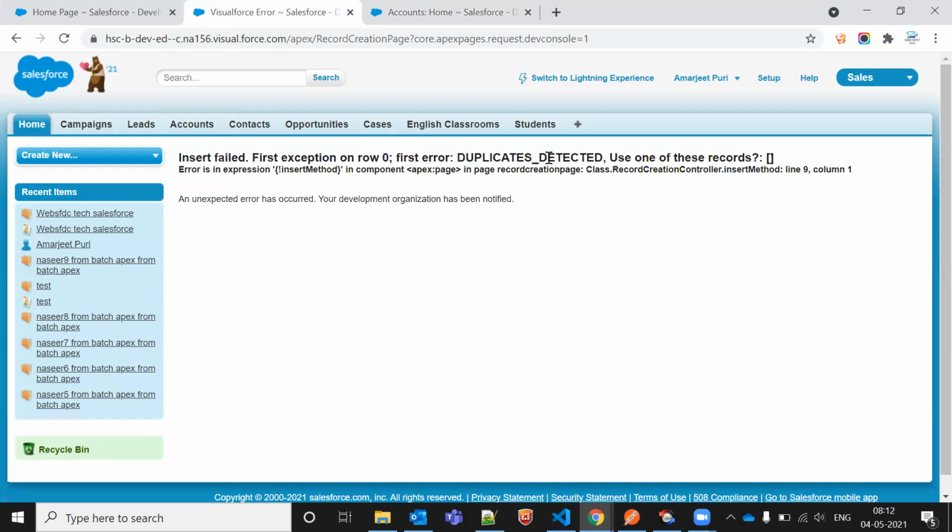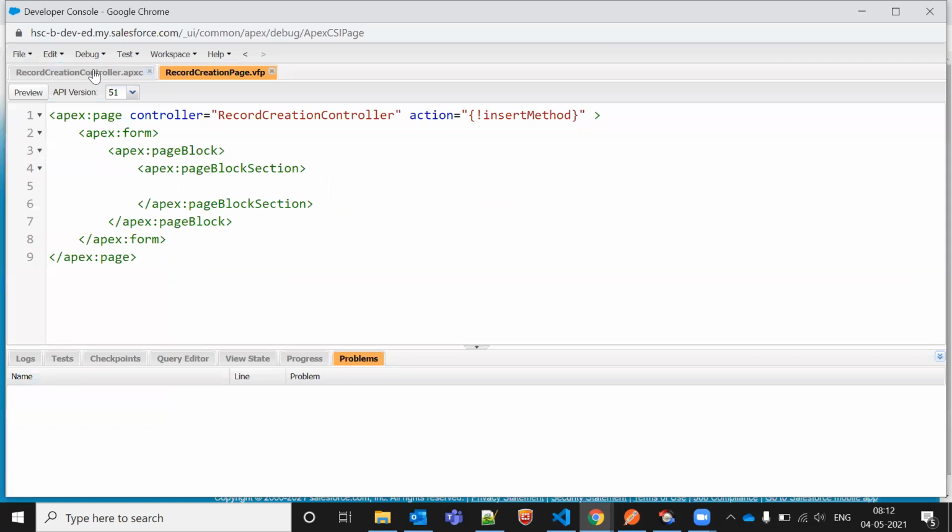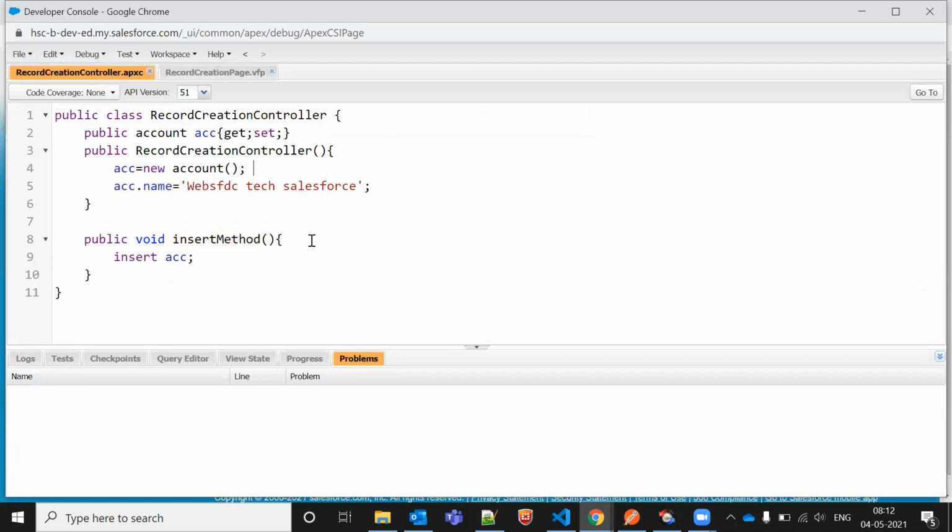So duplicacy is going on. If I want to do some exception handling in this code, how can I do it? Try catch. Okay. So what is the use of try catch, Rahul?